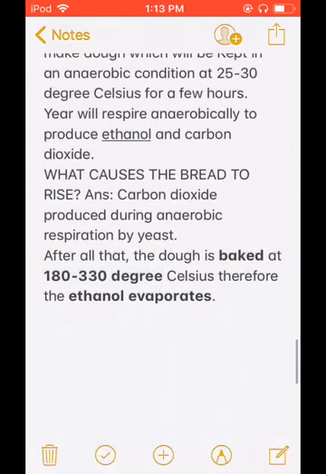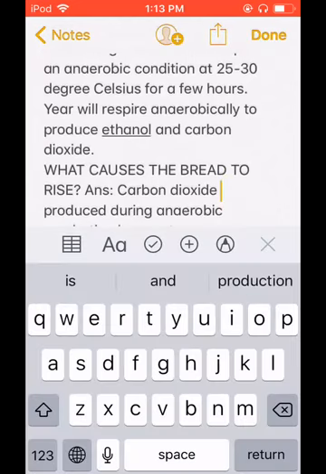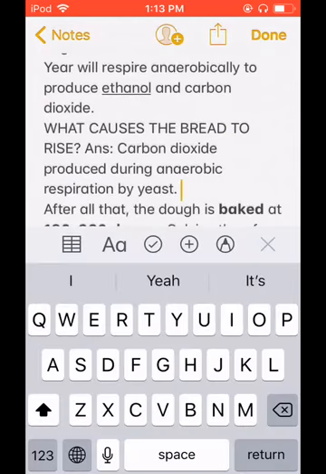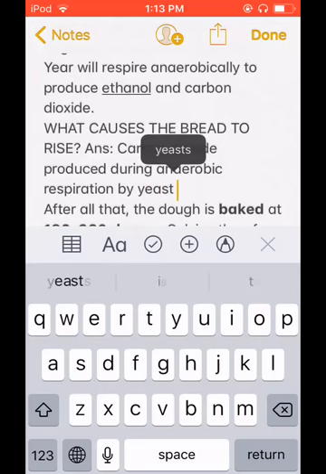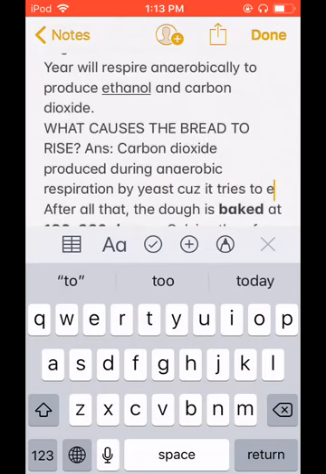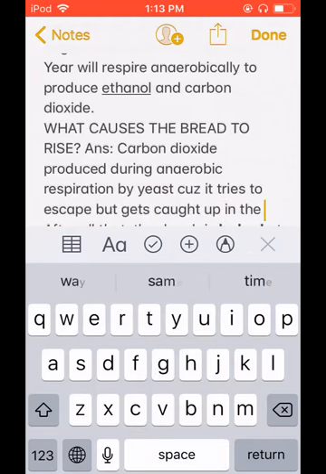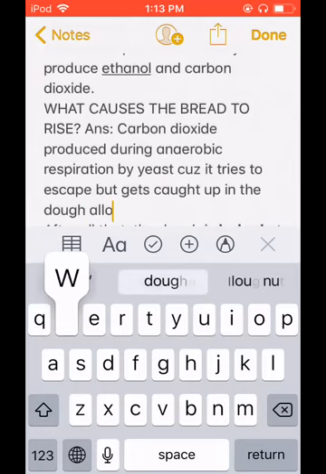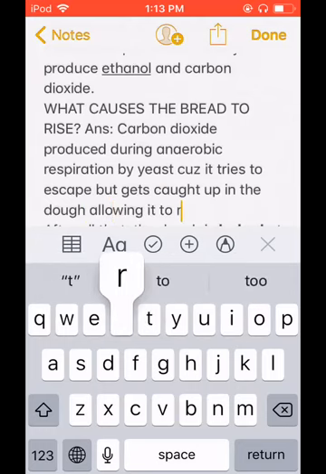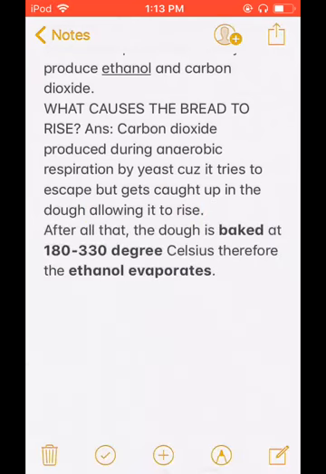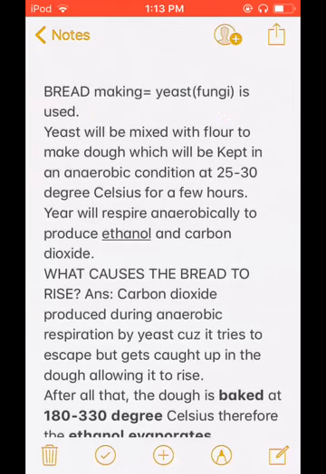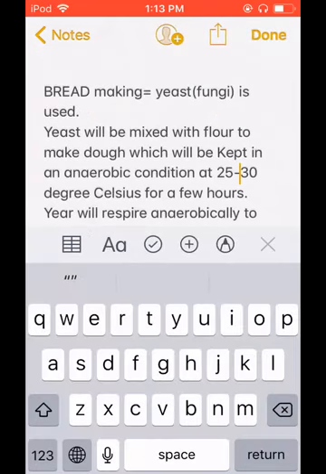এই কার্বন ডাইঅক্সাইড কেন? কারণ এই কার্বন ডাইঅক্সাইডটা এসকেপ করার চেষ্টা করবে, because it tries to escape but gets caught up in the dough, allowing it to rise. বুঝছো? Any questions so far? No. So it's pretty easy. এটাই, that's it. এটা হলো bread making. Bread making শেষ।